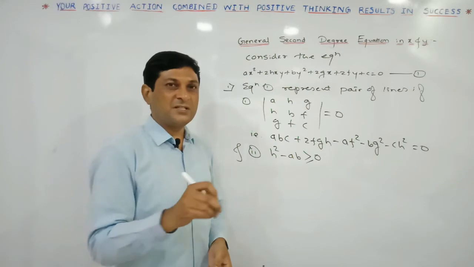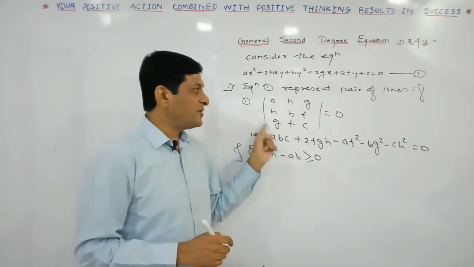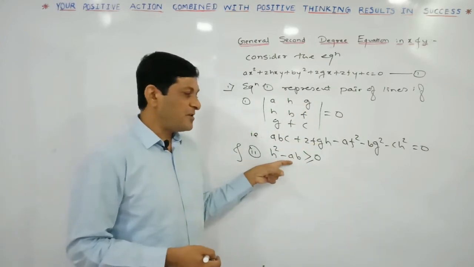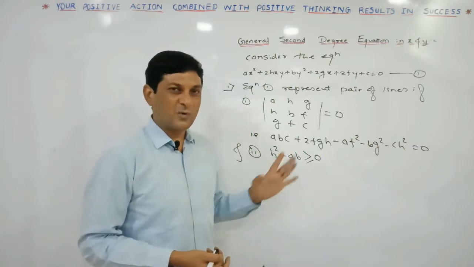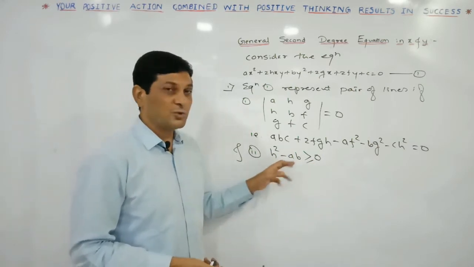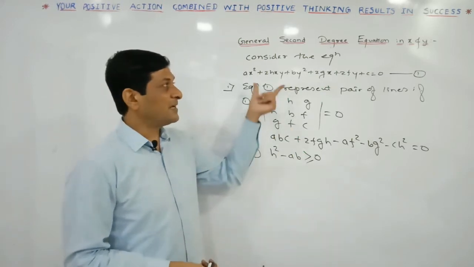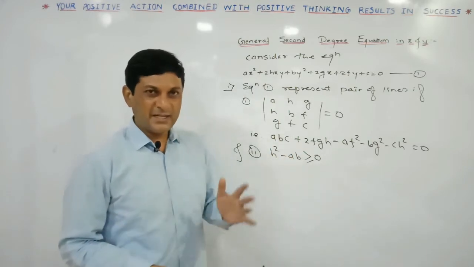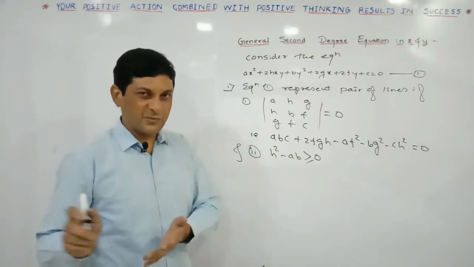Again remember that if an equation is given to us and the question is to check whether this equation represents a pair of straight lines or not, first you have to find the value of this determinant. If the value of the determinant is 0, then find the value of h square minus ab and check whether that value is greater than or equal to 0 or not, means this value should not be negative. If these conditions are satisfied, at that time we can say that this equation represents a pair of lines. Getting it?